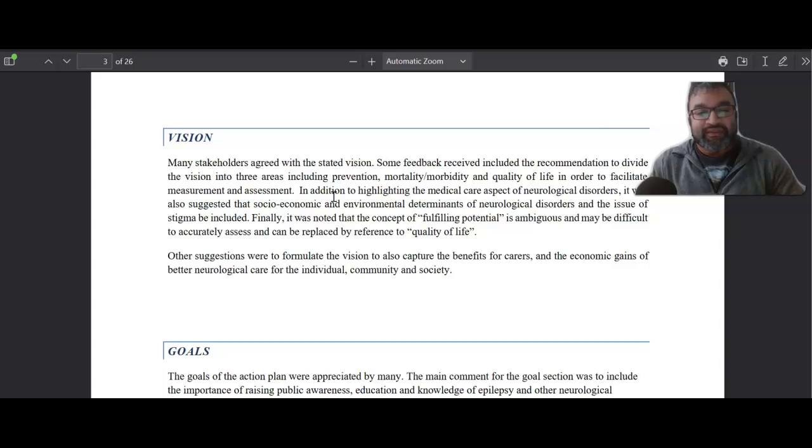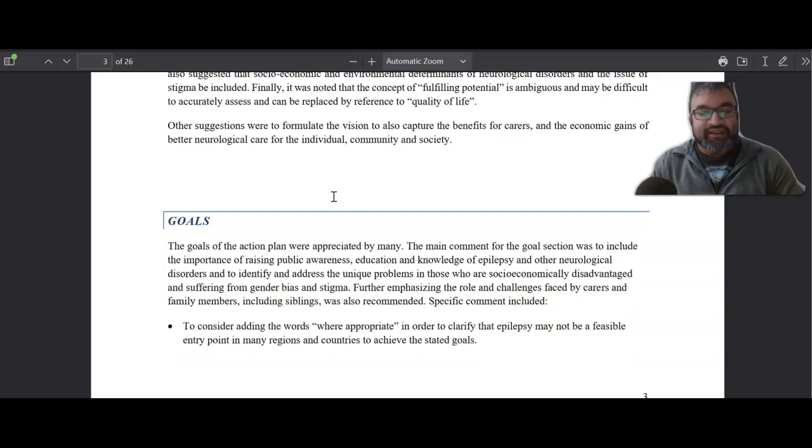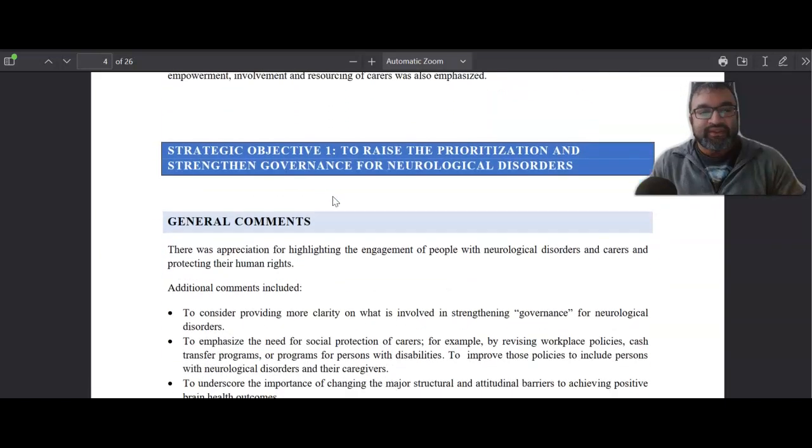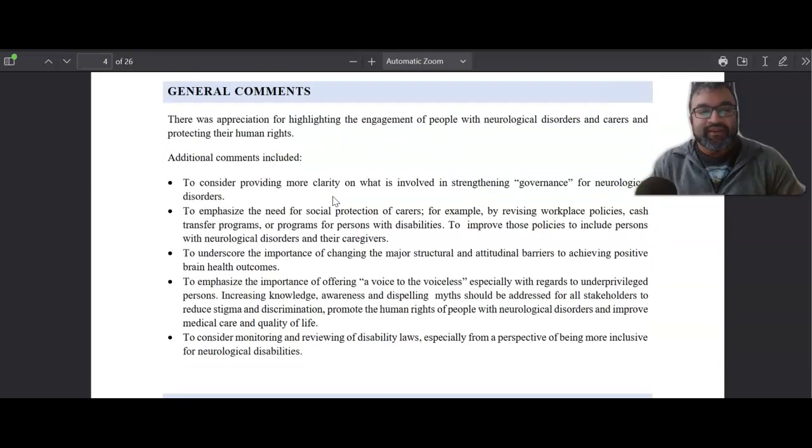So it was noted that the concept of fulfilling potential is ambiguous and may be difficult to accurately assess and can be replaced by reference to quality of life. So strengthening the definitions and understanding what each of these mean is especially important, and what is seen again and again is the disparities that exist, and then understanding some of the components of challenges in stigma and access to care. So those are the guiding principles and goals, and I'd like to end with the emphasis